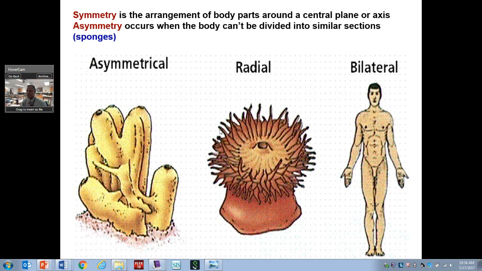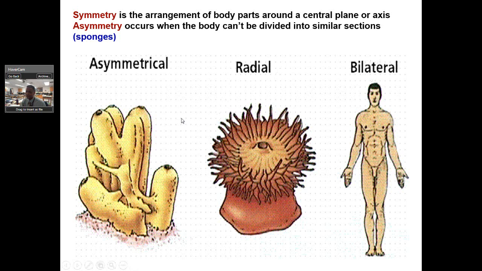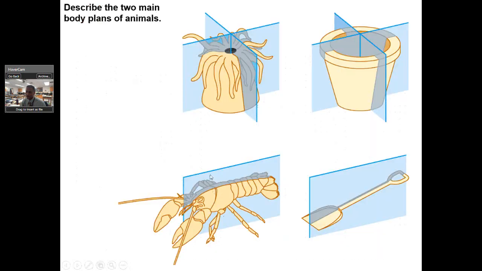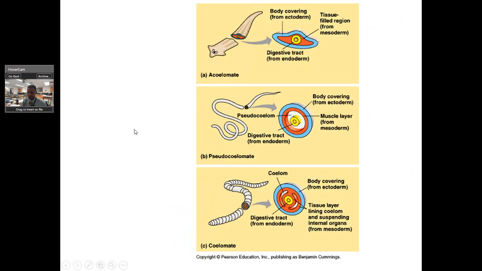All right? Animals have a unique symmetry. We have asymmetrical, like sponge. We have radial, like the stinging celled animals, jellyfish, the phylum Cnidaria, and then bilateral, having a distinct left and right side. Okay. So here's just another view. This is like an animal that's bilateral. This would be radial, or like a sponge having no symmetry. So we also say asymmetrical.